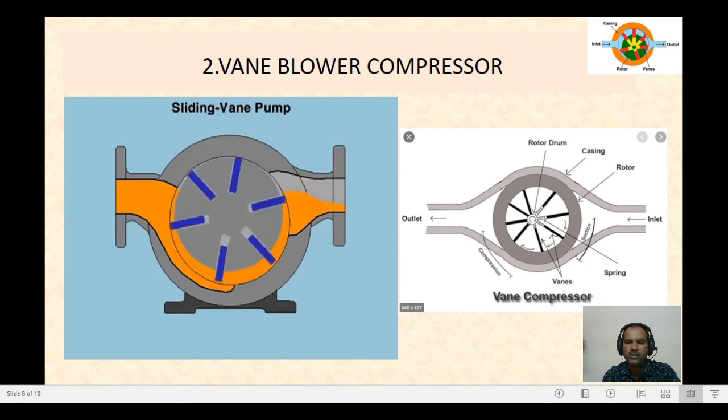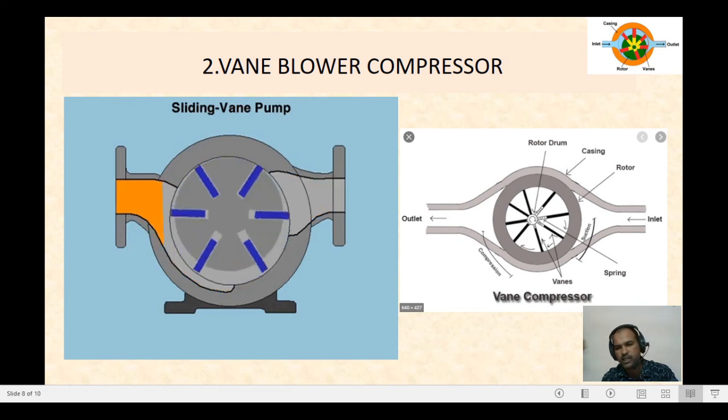And how does it work? What is the working principle of the vane blower compressor here? When the air enters at the place where the area is between two plates, the air moves along with the plates. As the plates converge, the surface area decreases, which results in the compression of the air, and the compressed air leaves at the other side, which is called the outlet. This gets stored in the pressure vessel, and from there we utilize it for different applications.